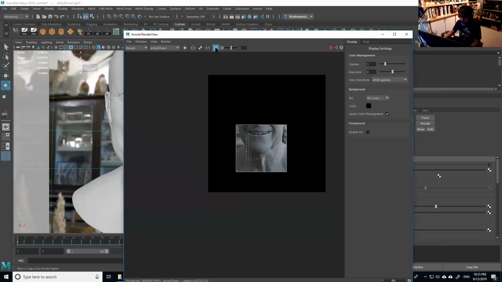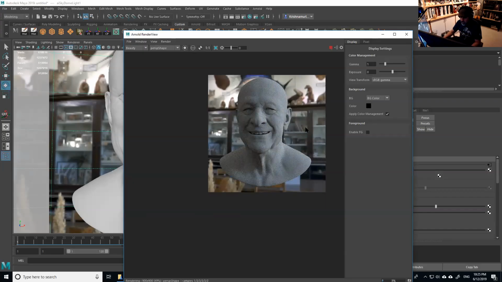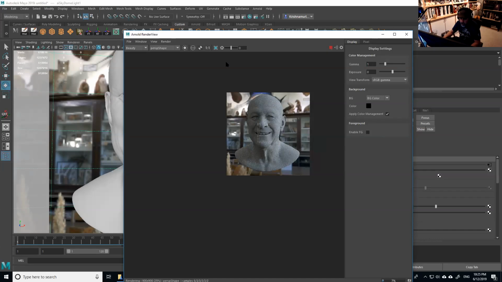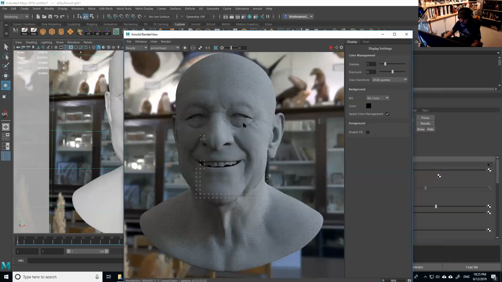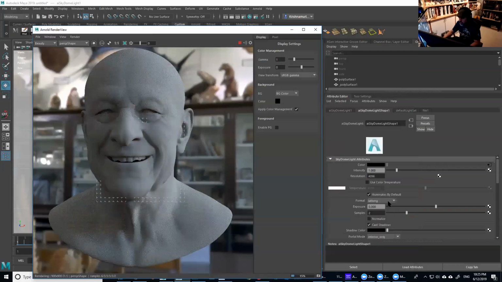So let's see, turn off that one. This is my first render with this model, right? From the get-go, like I said before, we're going to get a well-calibrated lighting. You see my settings in here for the HDRI: other than changing the resolution, turning off normalize, and adding a little bit more samples, everything else is the default, right? From the get-go, you're going to get a very nice result already.